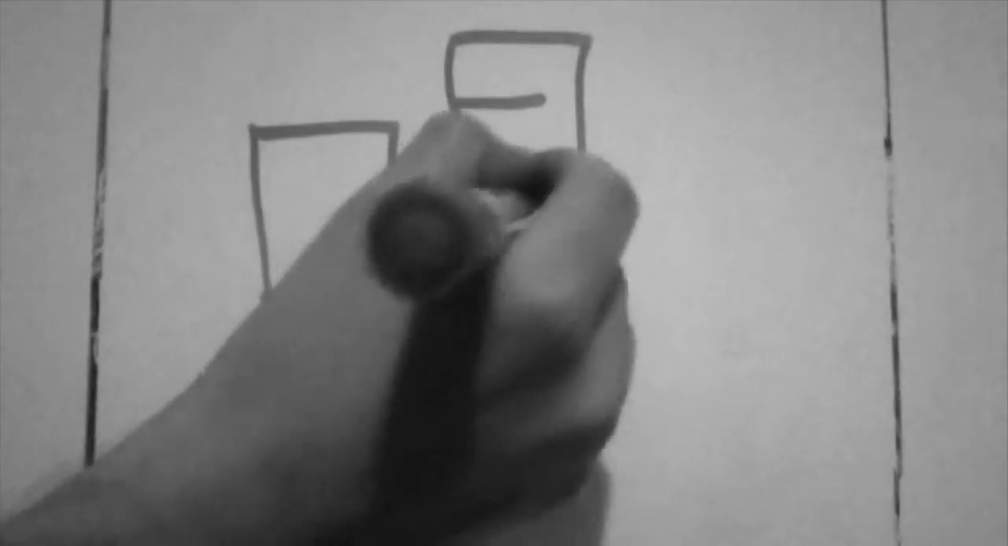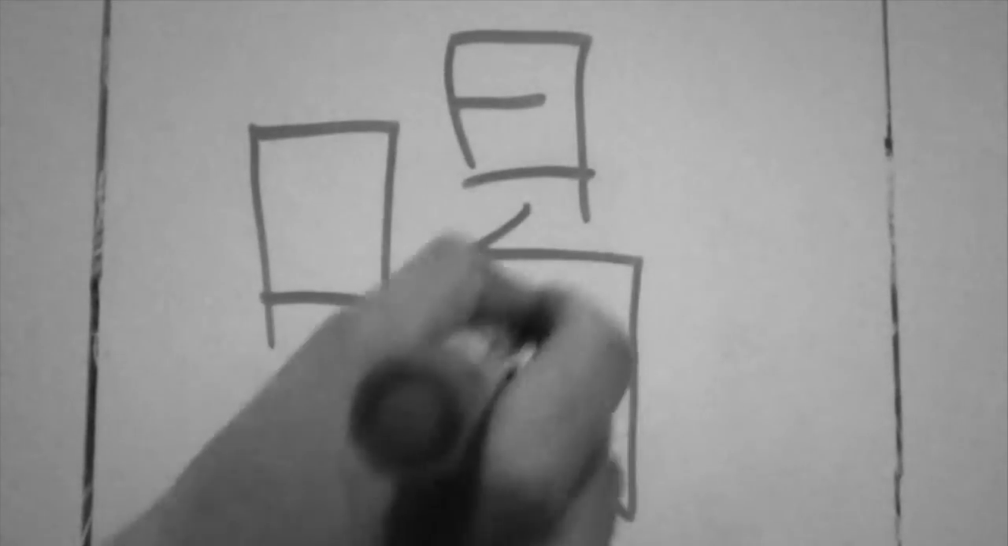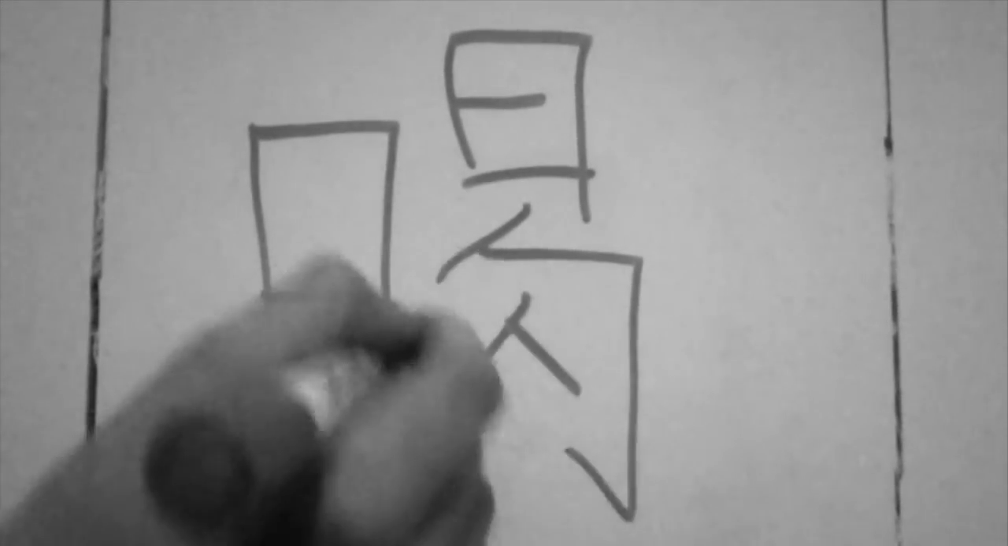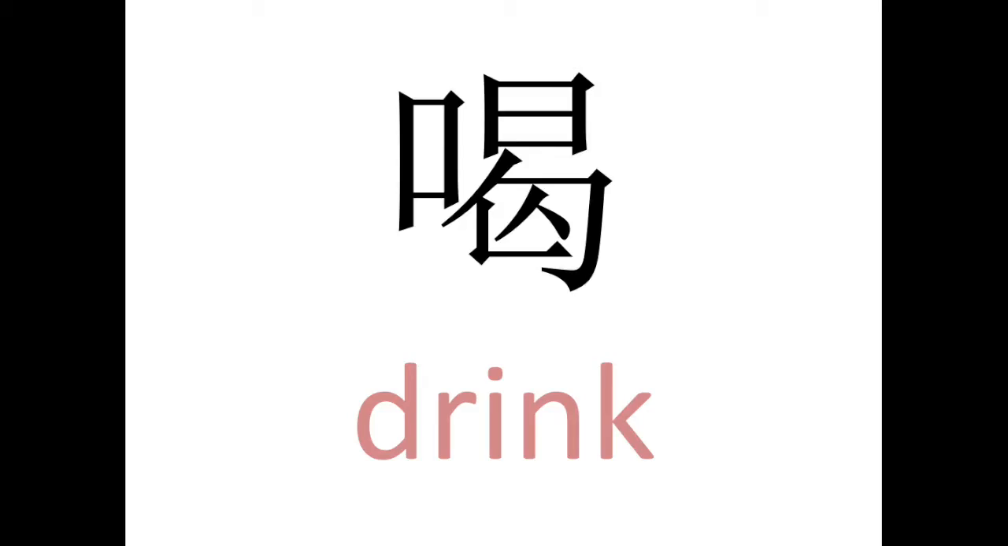The next character we're learning is the character for drink, and this is how you draw it. So on the left side, there's a mouth radical, of course. And then on the right side, I think it kind of looks like a man holding or clasping a drink. So the top part, which is sort of like a sun, that part is kind of like a head, and